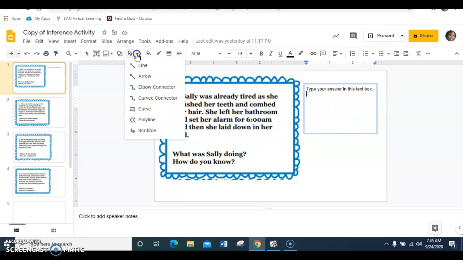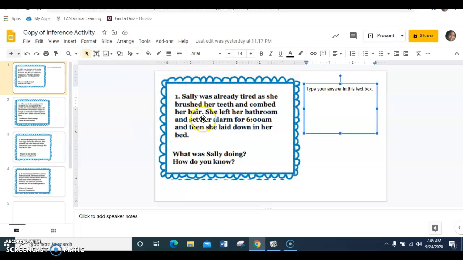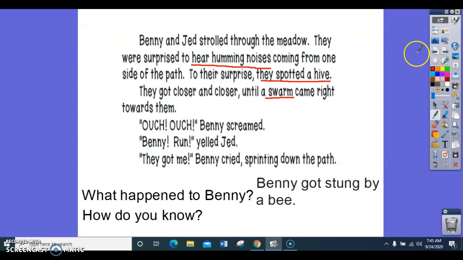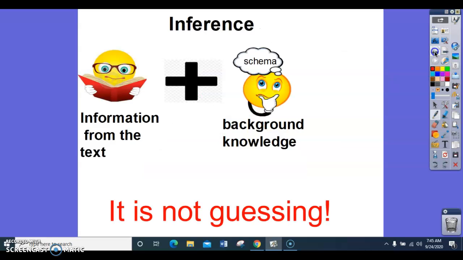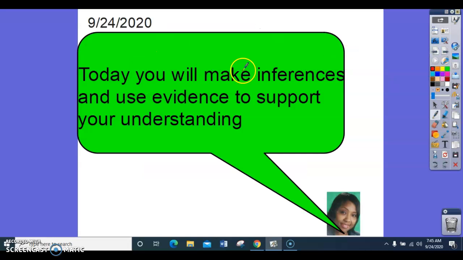Well, this is where you would use the drop down, use the scribble line, and go underline your proof as how you make your inferences, what Sally's doing. Remember, it's not going to tell you what Sally's doing. You're going to be inferring what Sally's doing. Okay? All right. I believe you guys are going to do a great job on your DOL today. You're going to do some awesome work, because I can already tell that your brains are ready. I am ready for you to go make an inference, and don't forget to use the evidence inside of your information to support your understanding to your inferences, okay?